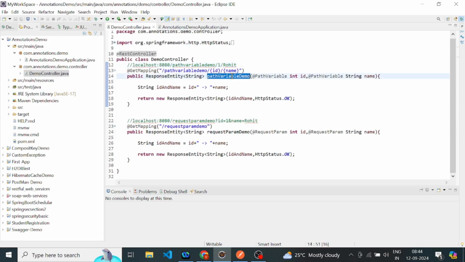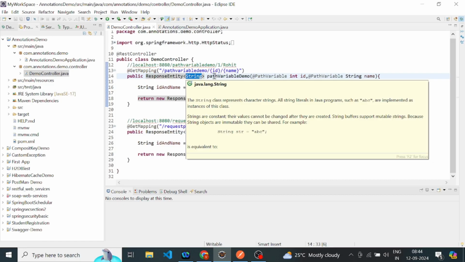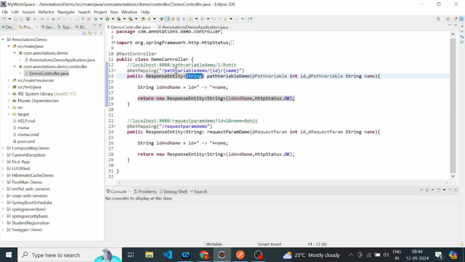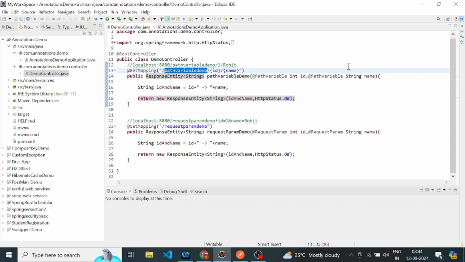So the first method is the path variable demo, and the return type of this method is ResponseEntity of String type. Inside this method, this is the URL, and I have taken this GetMapping URL. After this URL I have taken ID and name, inside open and close curly braces. I have written id inside the curly braces. This id needs to match with this int variable id, and this name